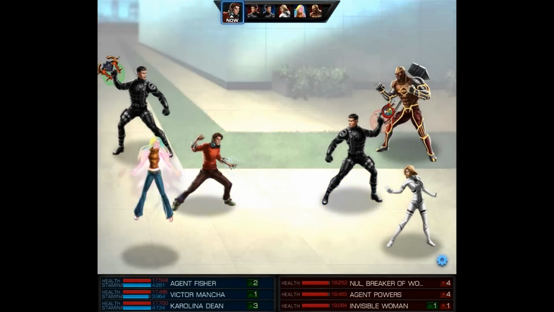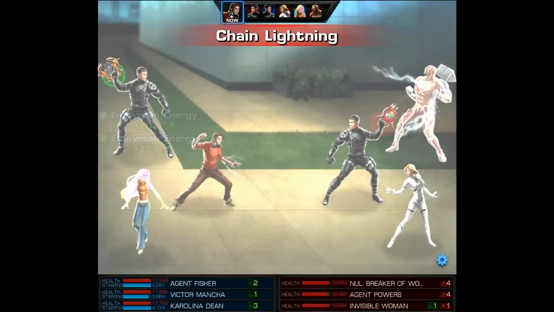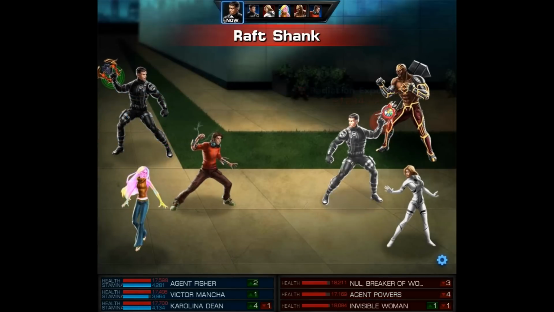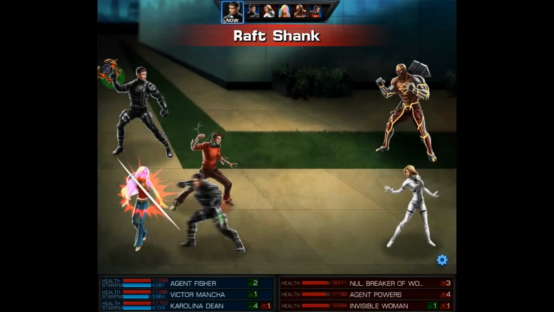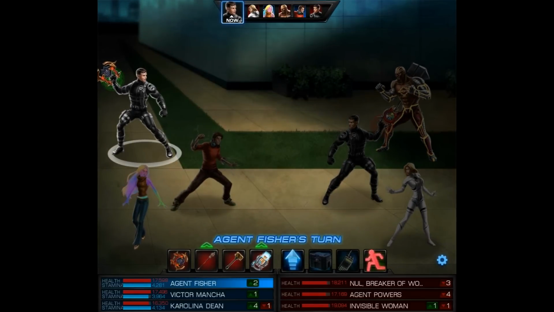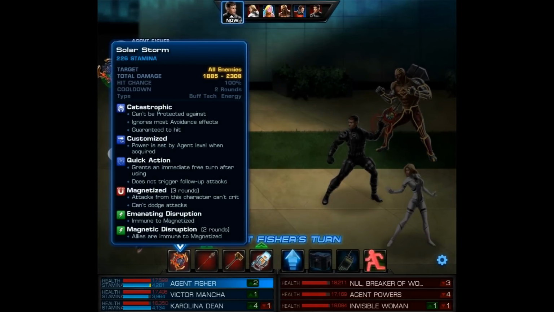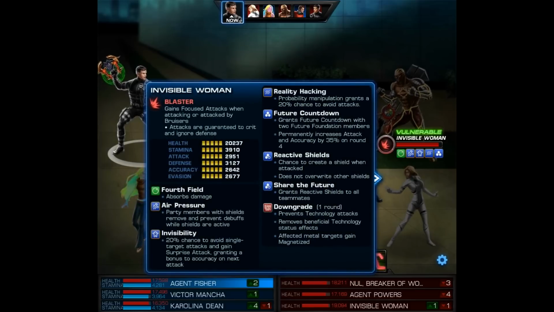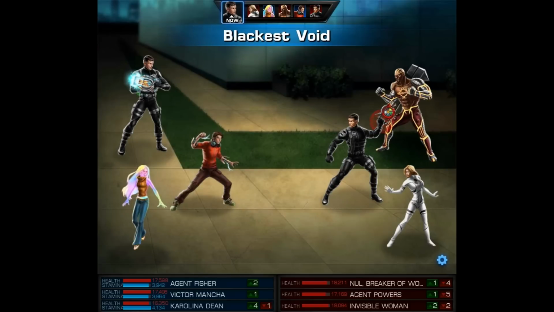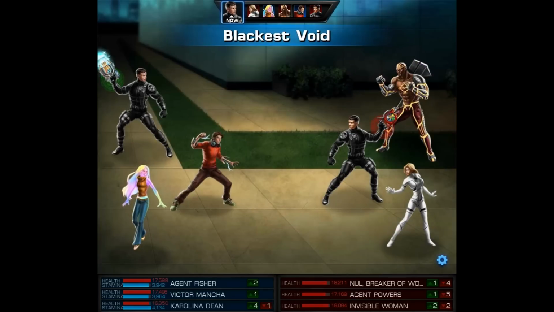Then on top of that, our agent's going to get to go next, and he has a few items up his sleeve as well. First of all, we still have our Solar Storm, and it will be a quick action. Then for this battle only, we equip the Staff of Storms and the Thunderstrike. But before we go there, let's get our quick actions out of the way. We'll begin with the Blackest Void. Then we can use the Solar Storm, and we can try to use a single target attack to gain an